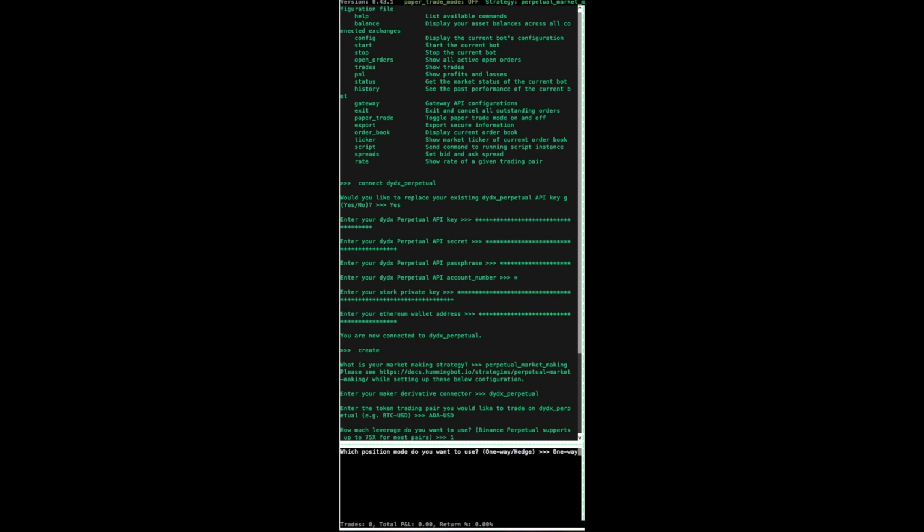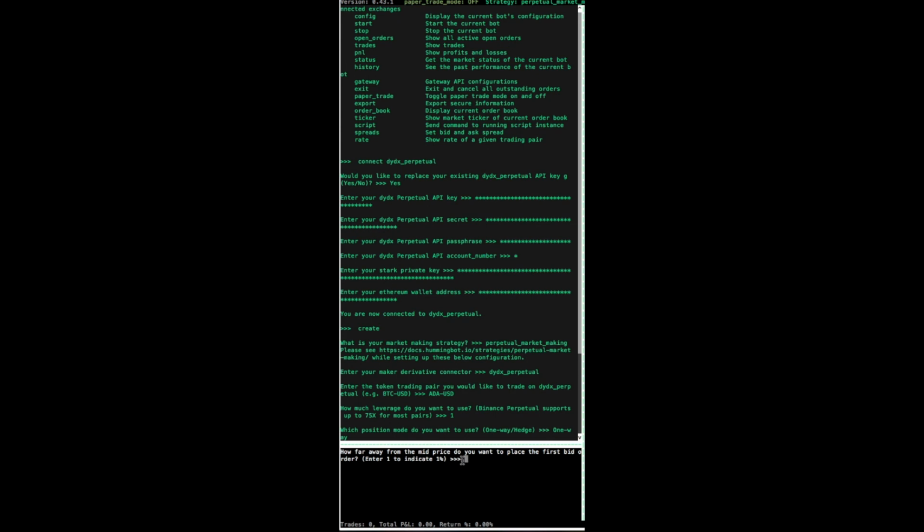The next one is position mode. One way is like, say you've got a sell and a buy, and your sell order gets hit, the bot will now only put buy orders in to square out your overall position. Whereas with hedge, if your sell order has been hit by the market, the bot will continue to quote a sell and a buy, or a two-way market as it's called, and you can sell again. So one way is, I guess in some respects, a bit less risky because you won't build up inventory in one particular direction, whereas with hedge you can, say, sell 5 orders before your next buy order. So we'll just go with one way